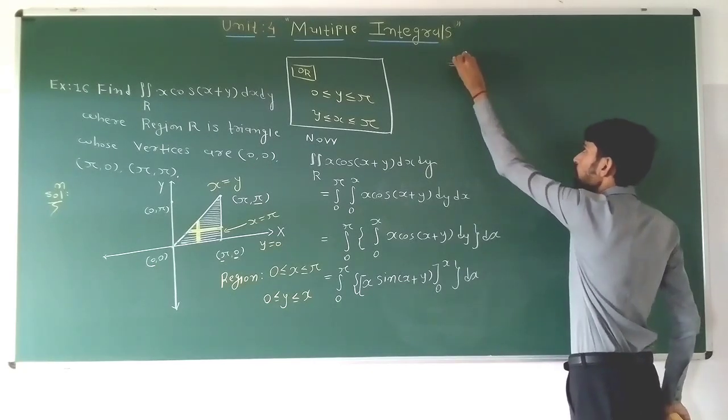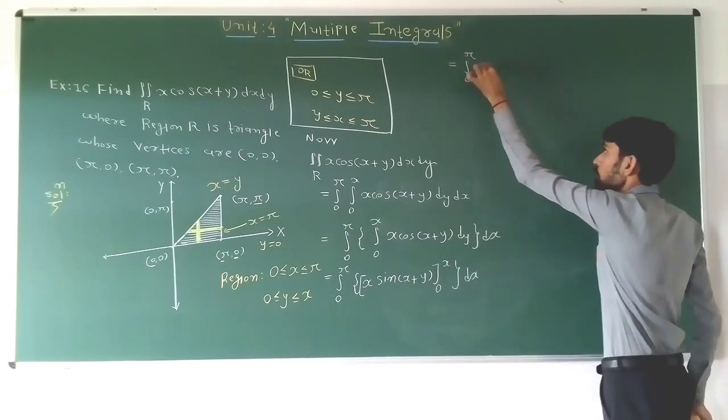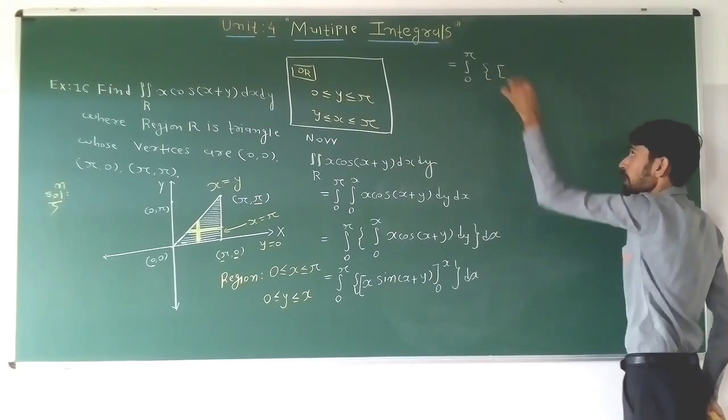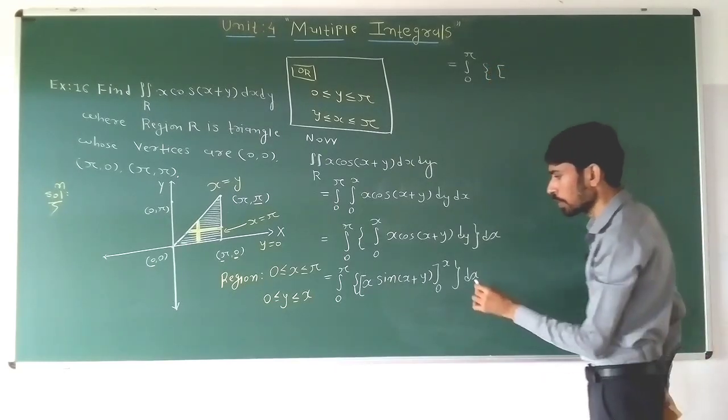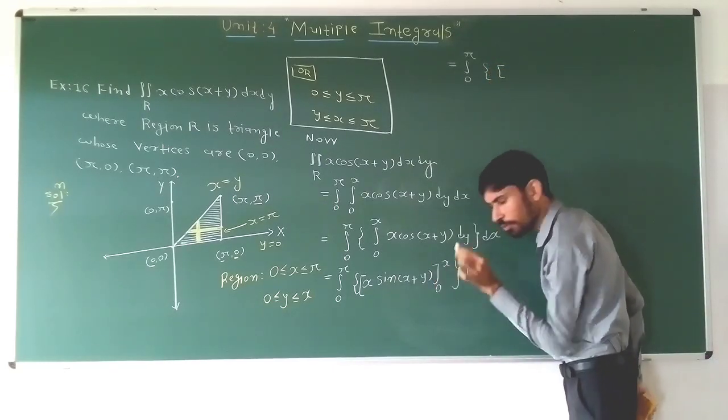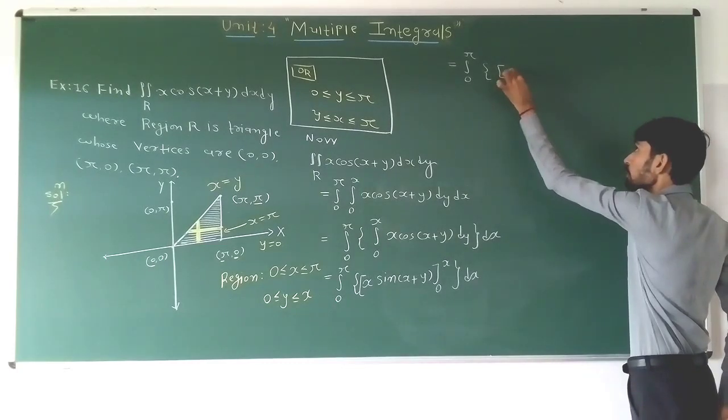Integration 0 to pi. So first of all, here we apply the upper limit. So here we substitute x in place of y. So x into